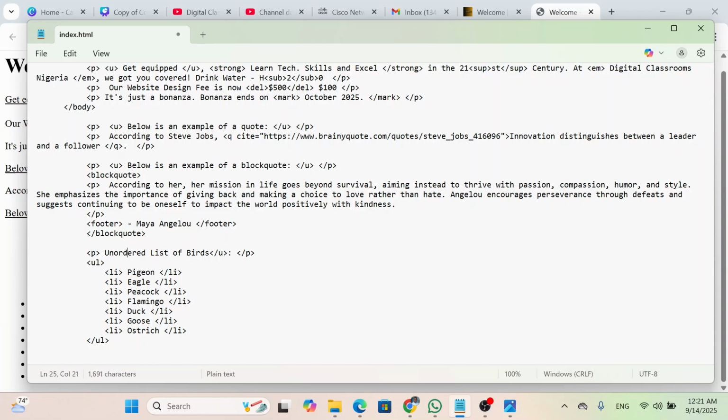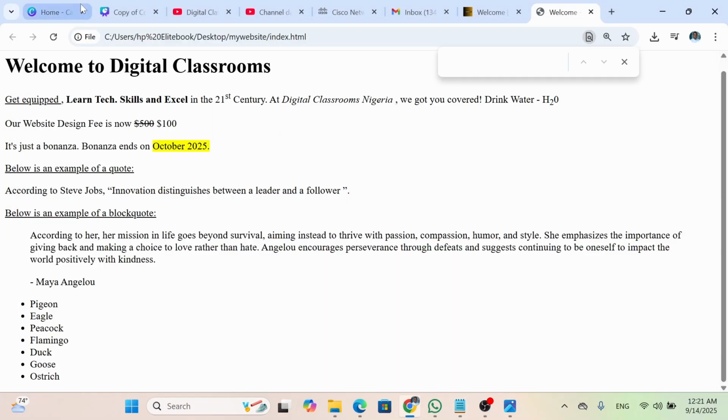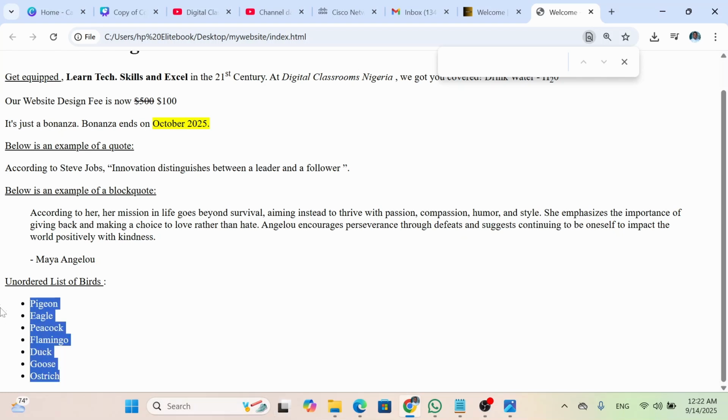That's the closing tag of underline. And so we can also add the opening tag of underline. I can space it out a little just to look more beautiful, and then I click file, I click save. So I go to my browser and I refresh on that list of birds. I scroll down a little, the unordered list of birds. So this is how you list items in your website in an unordered manner or simply without a particular